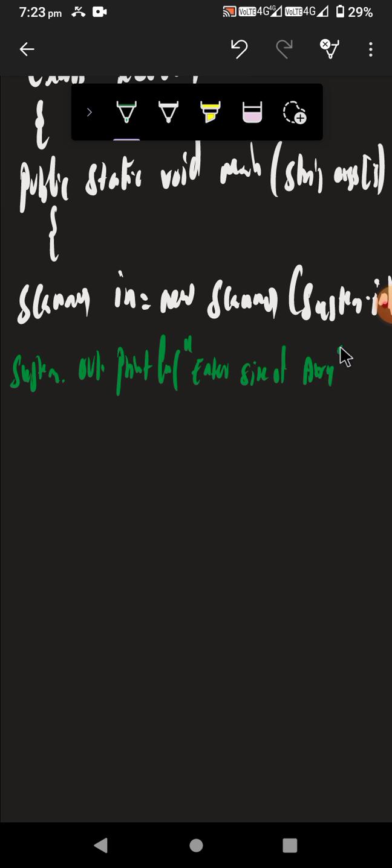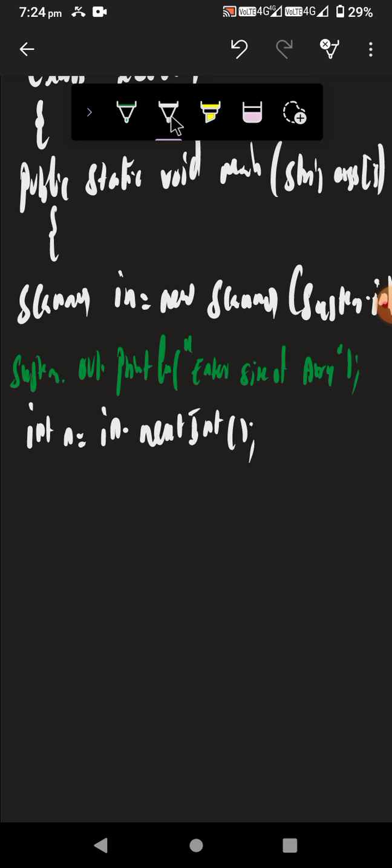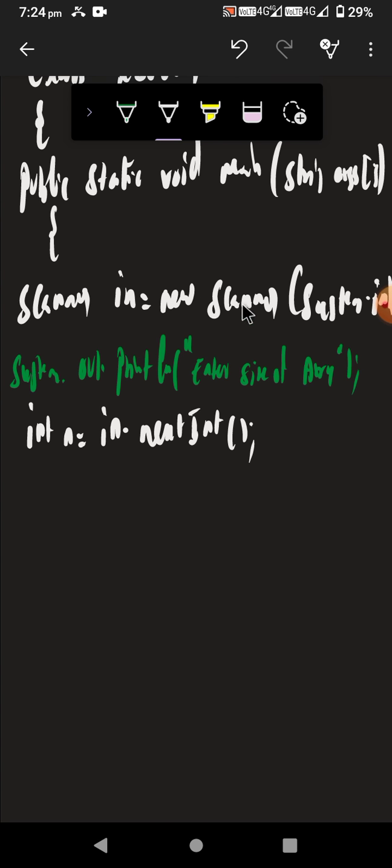You are taking the size of the array. Now int n is equal to in dot next int. You are taking the n value, and now you are declaring the array.